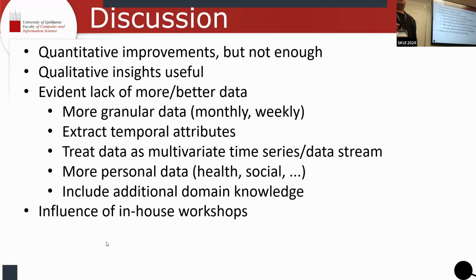We could also extract some qualitative temporal attributes, which again would help us even if we weren't doing time series analysis. Obviously, including even more data would be very beneficial. So both health data or social data for employees, but this can be highly questionable. Probably we wouldn't be able to get such data, if they can even get them in human resources at all. And together with this, also some additional inclusion of domain knowledge, which at least for us was a pretty unknown